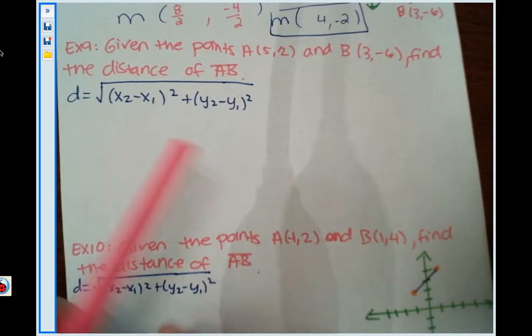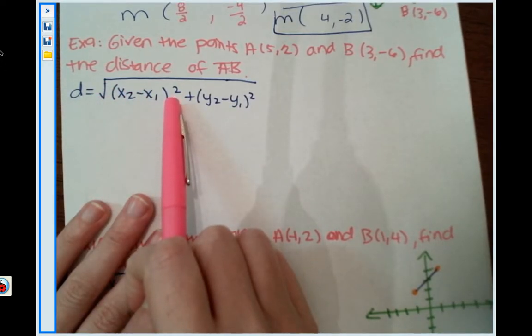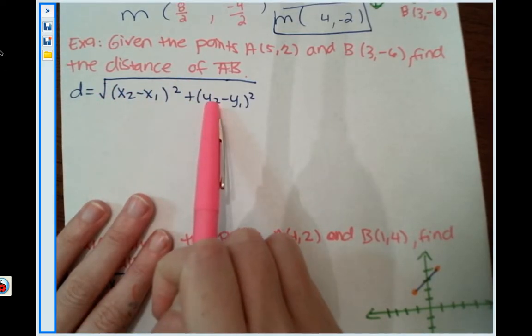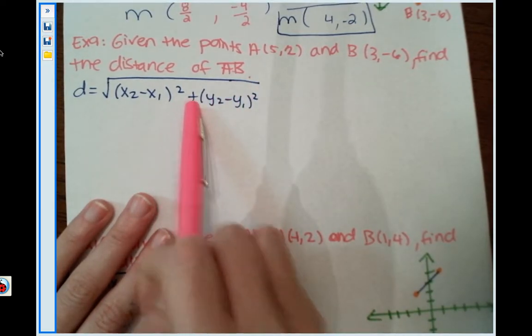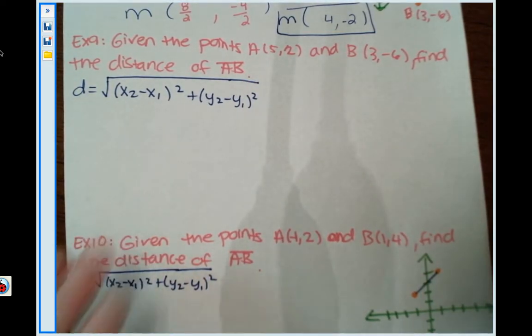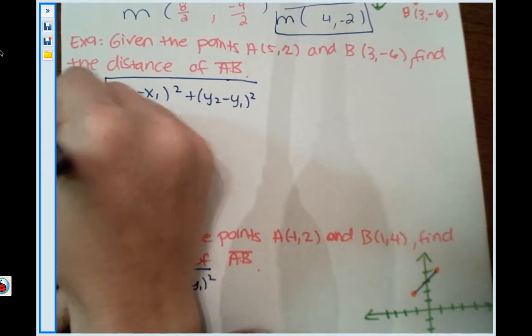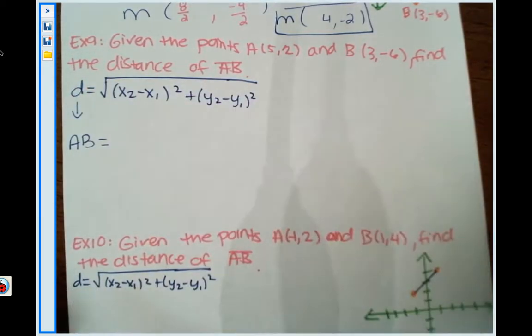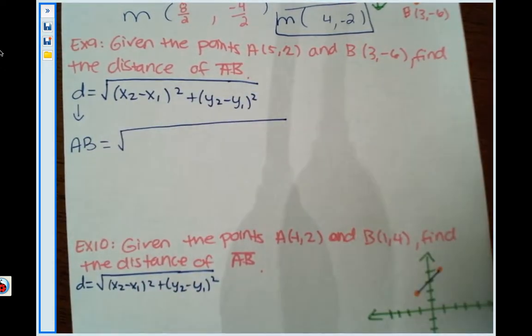Alright, so this is our distance formula. We are going to be subtracting our x coordinates and squaring them, subtracting our y coordinates and squaring them, adding those together, and then square rooting them. And then we're going to be done. Guys, we're trying to find the distance of AB, so I'm going to replace my distance with AB. So the length of AB is going to be the square root of all this stuff that we need to